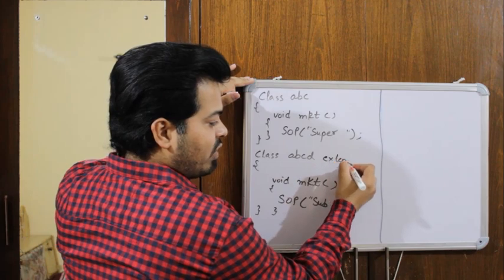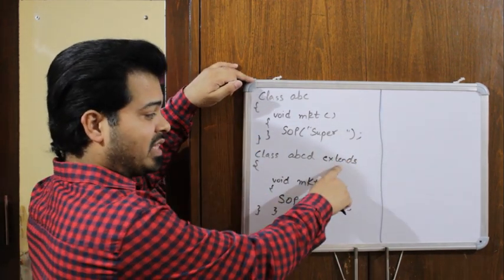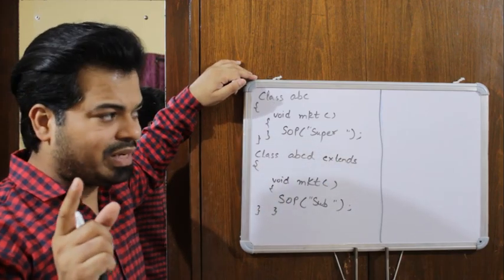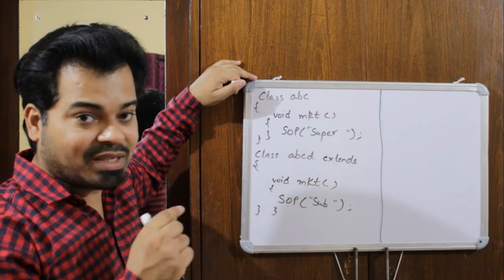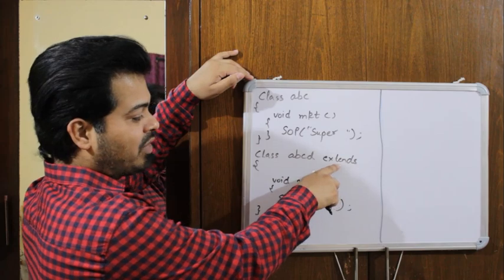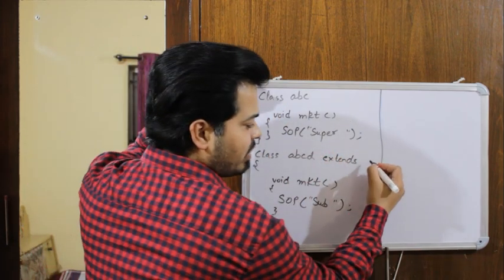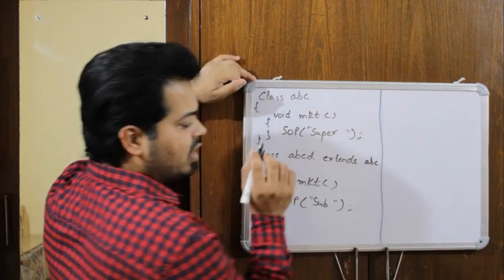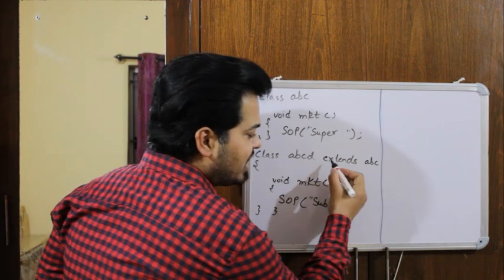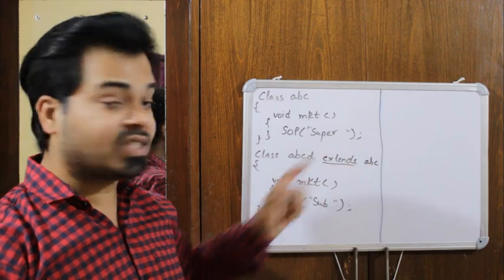So if you have already seen my inheritance video, you know why I'm writing extends. In case you don't understand, I would request you to please watch the inheritance video and then come to this video, because extends is a keyword which says that I'm trying to inherit the properties of whichever class you type. Now I'm trying to extend the properties from my superclass. My subclass is inheriting that. This extends keyword means it is inheriting the properties of my superclass, which is ABC.